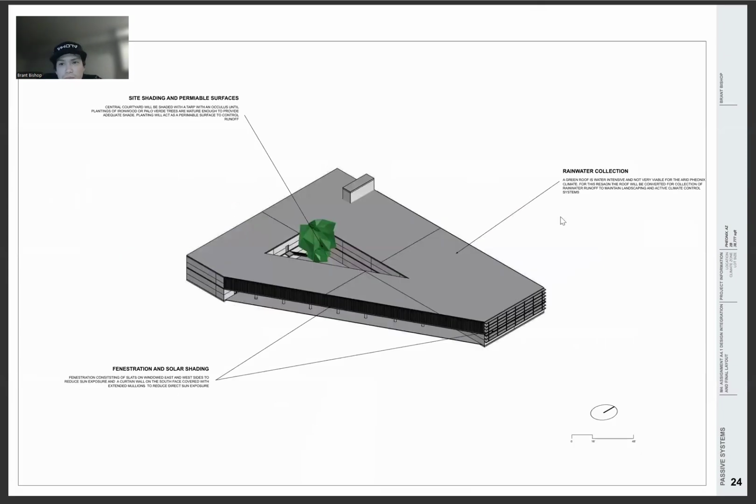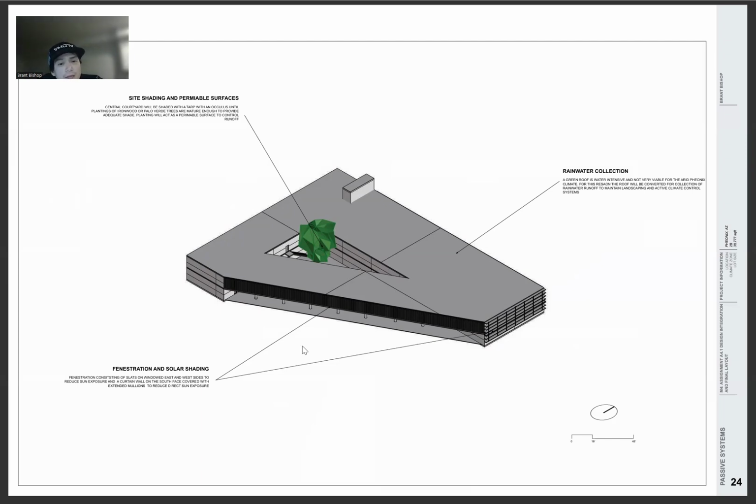So this is a more in-depth description of that. We wanted to have site shading and permeable surfaces in this courtyard space, which we wanted to do with either an oculus sort of tarp covering the whole thing with just a small hole in the middle, like a Mediterranean sort of space that stays cooler in the middle of the building, that courtyard space. And then we could have planting in the middle as well. And then we wanted maybe some rainwater collection on this roof. We thought about a green roof, but Phoenix is way too hot for that to make much sense. It's going to be way too water intensive. So it's better to just use that roof space to collect water to water these plants